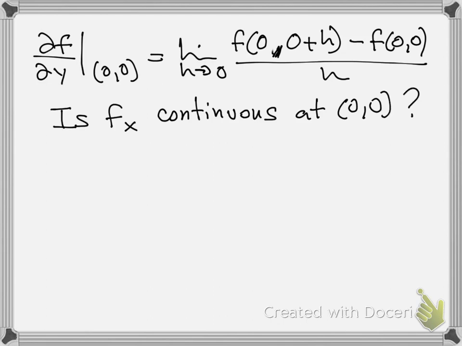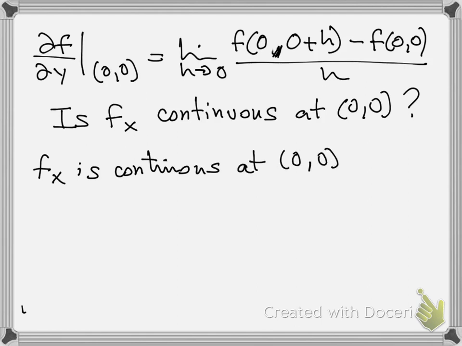Remember, a function is continuous if the limit when you approach the point is equal to the value of the function at that point. So f is continuous at the point (0,0) if the limit of (x,y) approaching the point (0,0) of the partial derivative of f